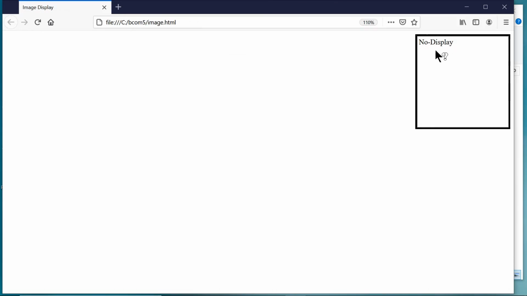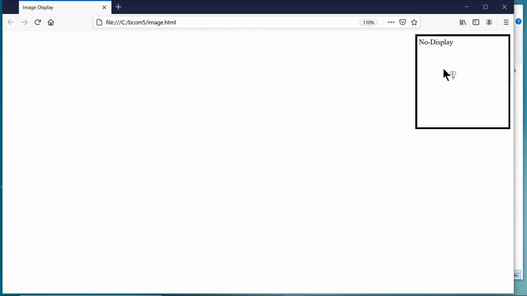In Mozilla Firefox, the image is not displayed, but we can see the alternate text is available. This indicates that Mozilla Firefox will not support it if the image and the HTML file are in different locations.